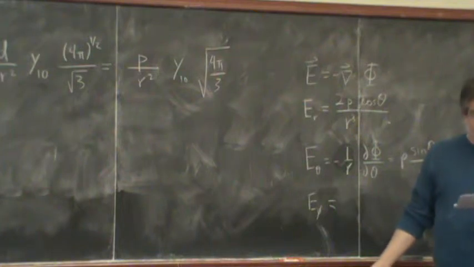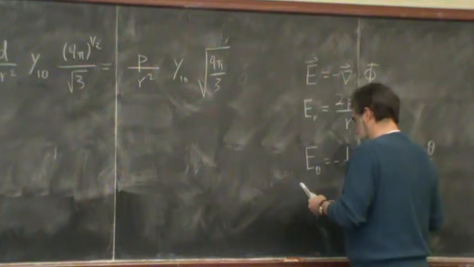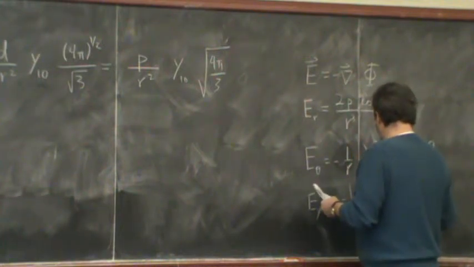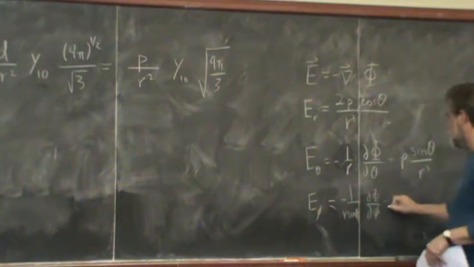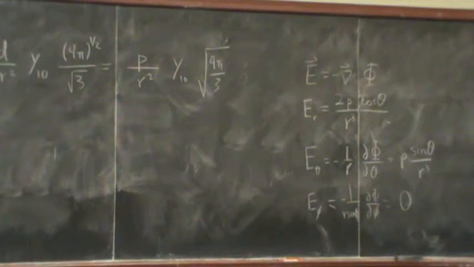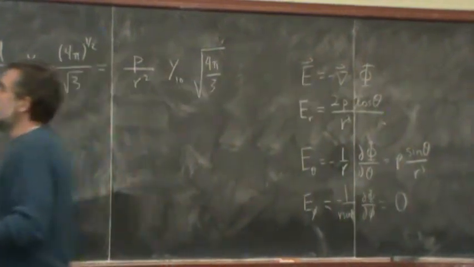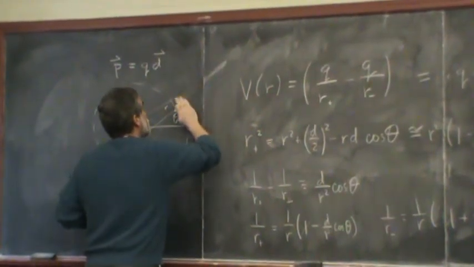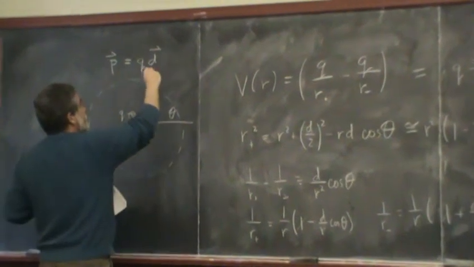So we can go ahead and take the derivatives. E sub phi is minus 1 over r sine theta d potential d angle, which is 0 because it's azimuthally symmetric, constant. Okay? What that tells us the field looks like is actually just what you knew the field looked like. When we get out into this region here, up close it's not so easy. But out far enough, it basically looks like